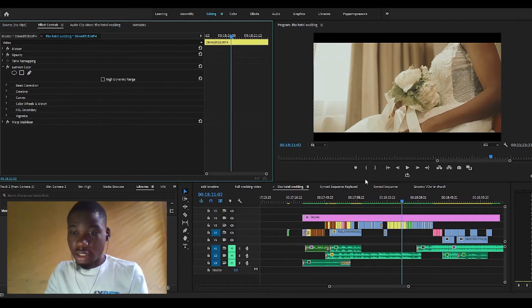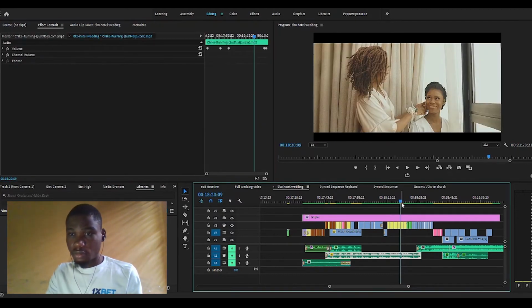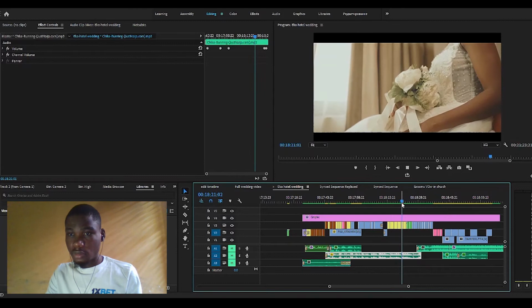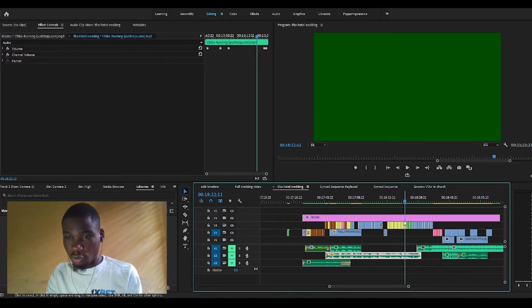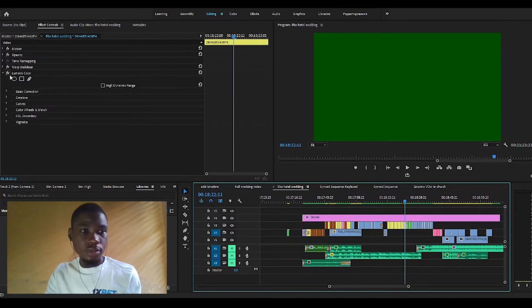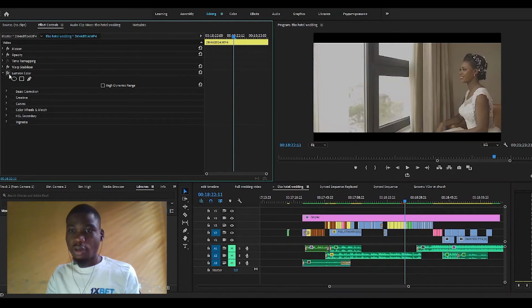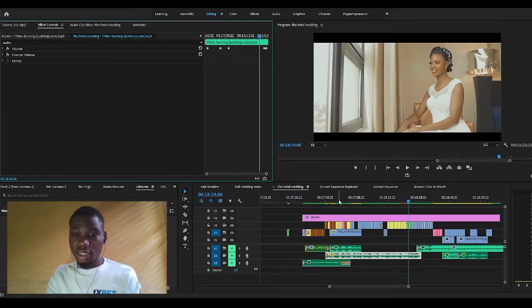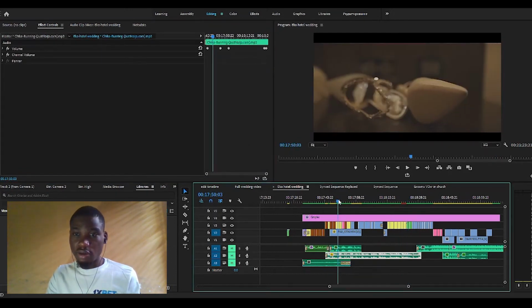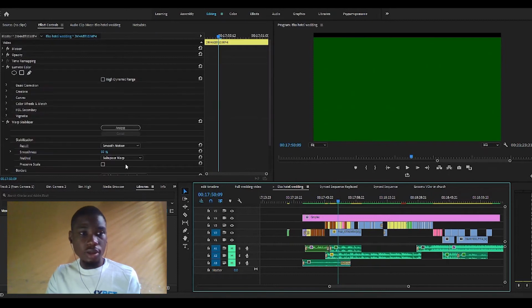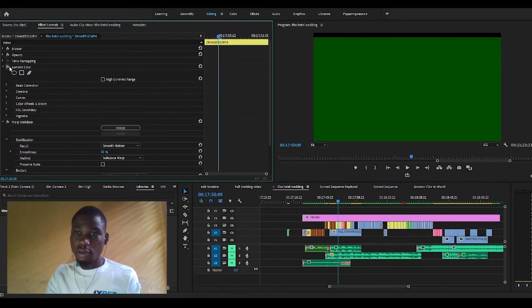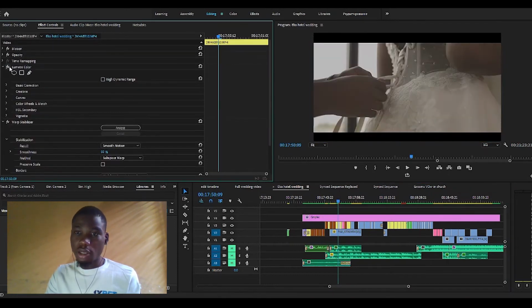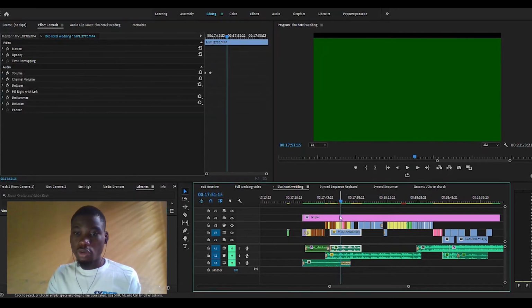And if I play this from the beginning, it's visible. Now this green also, click on it, toggle the visibility for Lumetri, toggle it back on, then voila, it's good. So basically, that was how I was able to turn it on, off, on, back again, and that was just it. So let's take it again,